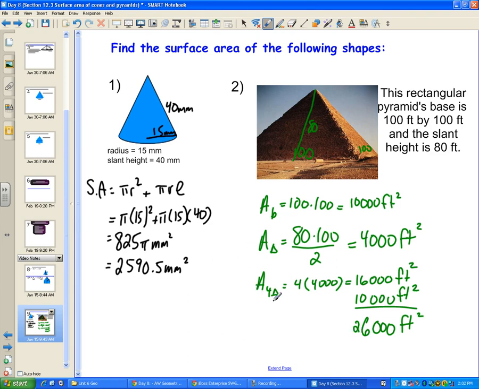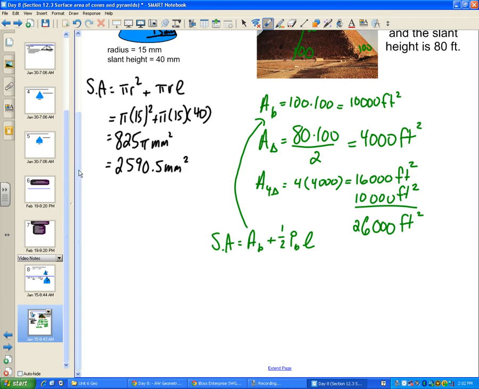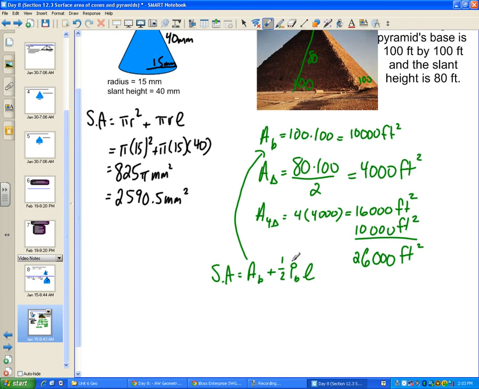I didn't really use a formula for this one, but remember that I could have. The surface area is found by the area of the base, which is what I did first, plus 1/2 the perimeter of the base times the slant height. Well, let's just quickly discuss the perimeter of the base times the slant height in this one. We'll talk about how I got the 16,000 without doing that, and you don't have to do this if you don't remember it. But if I take 1/2, the perimeter of the base is 100 on each side, so there's 4 100s, so 400, and then the slant height is 80,